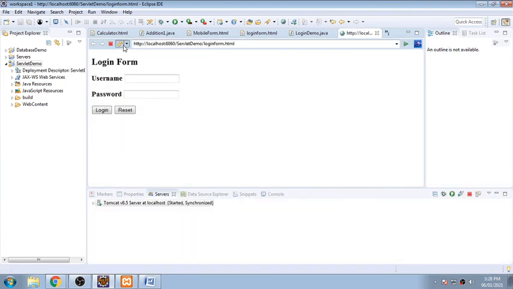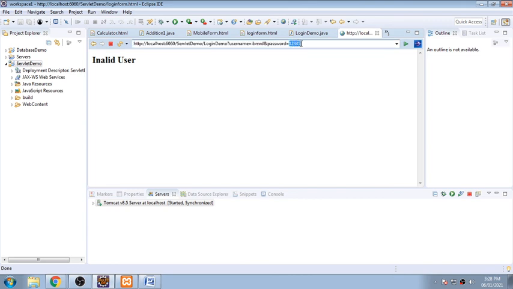I'm refreshing the page, and I'm putting IBM RD, and the password 12345. So it should be invalid user, because here I am changing the password to 54321, and then clicking this one.